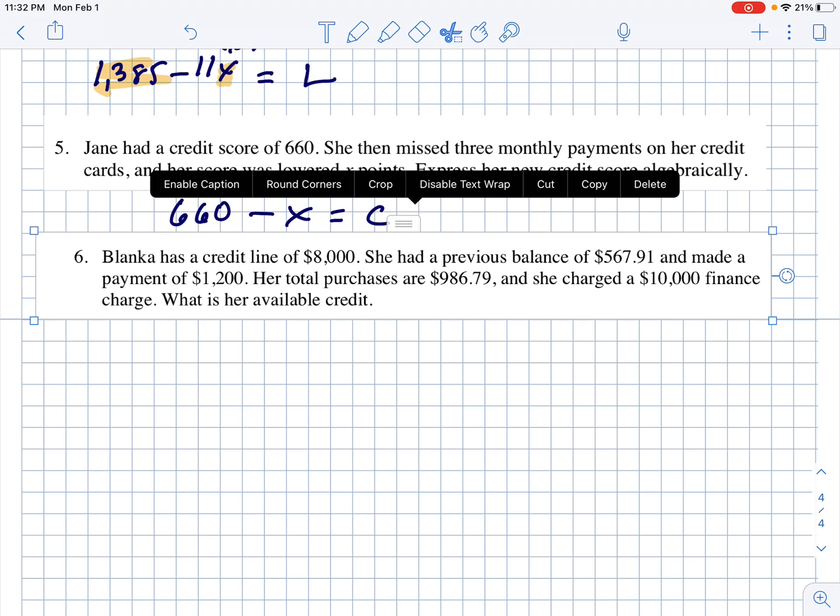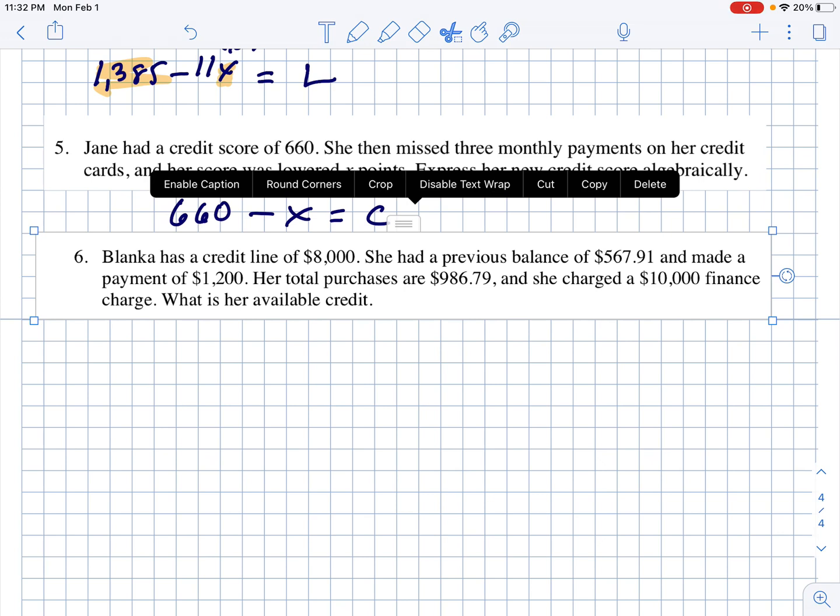She had a previous balance of $567.91 and made a payment of $1,200. Her total purchases are $986, and she was charged a